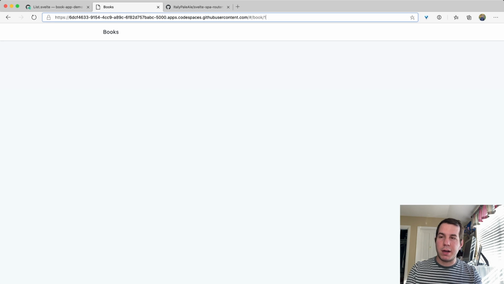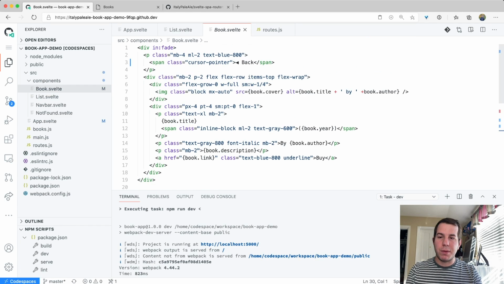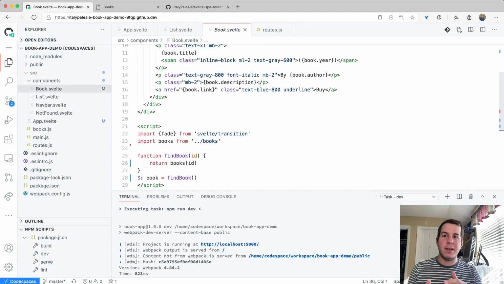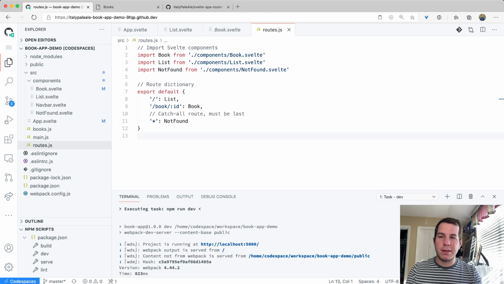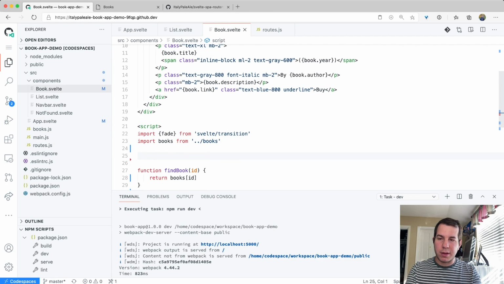There's nothing that appears right now because we have not actually implemented the code that takes the ID of the book from the URL and uses that to display the details. So we're going to modify the book component, and we're going to get the parameter ID that, as you remember, we defined in the routes object. We're going to get that and import that so we can use that. The router passes the parameters through a prop called params, which by default doesn't have any value, so we're making it an